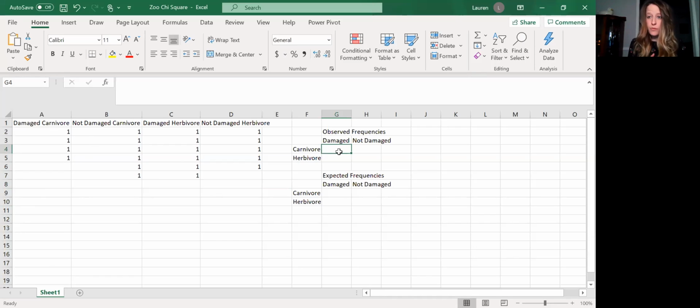And so what I want to do is to calculate a frequency table. And so remember that chi-square, because we're dealing with nominal level variables, we are dealing with frequency counts. And so I need to know how many animals are represented within each of these categories. And I also know that I'm doing a two-way chi-square because I have two variables instead of just one. So I have the type of animal, carnivore versus herbivore, and I have the status of the animal, damaged versus